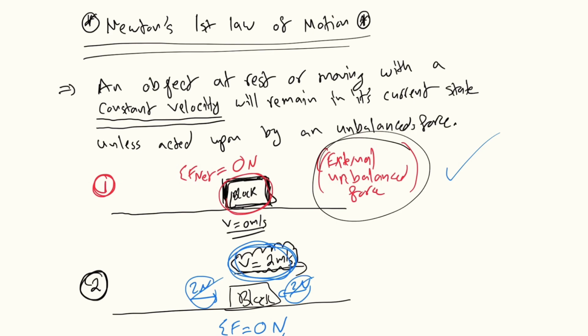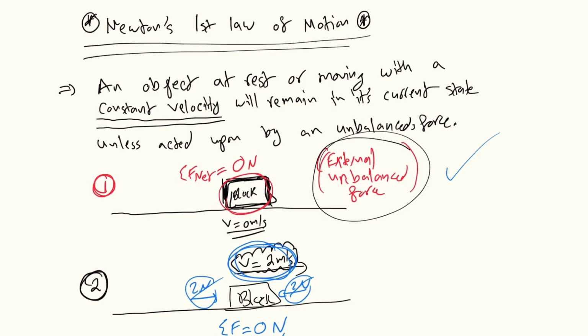The second case would be moving with a constant velocity, and when we say constant velocity, it means the net force is also 0, which is similar to the first case, where we don't have a net force acting on the object to cause the change in velocity. In other words, to cause the acceleration, as we're going to be seeing in Newton's second law, which is the transition from the first toward the second. So when we have a constant velocity, it means the net force acting on the object is 0, and the object will continue moving with the same conditions, in the same state forever, unless it's acted on by unbalanced